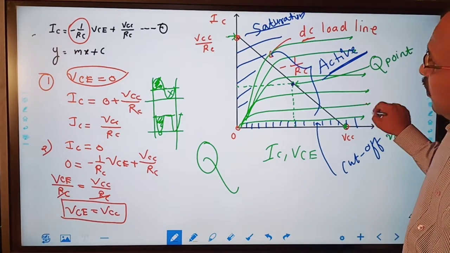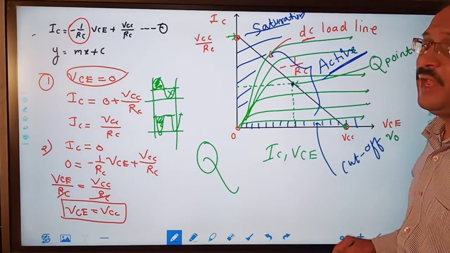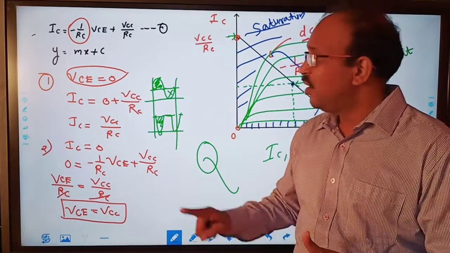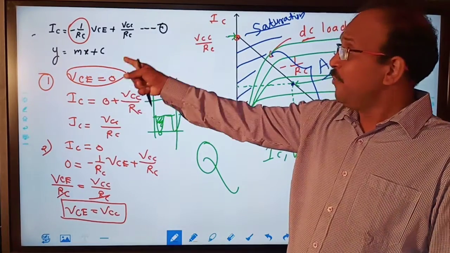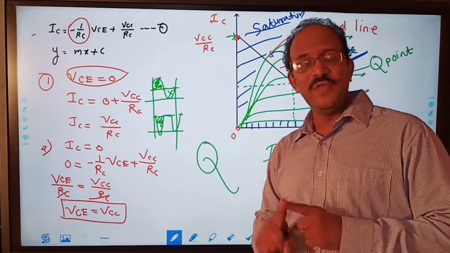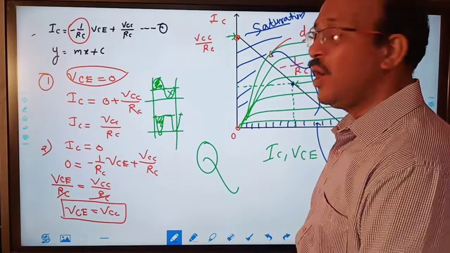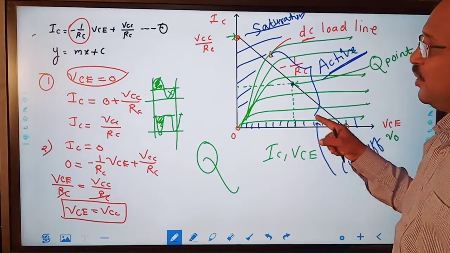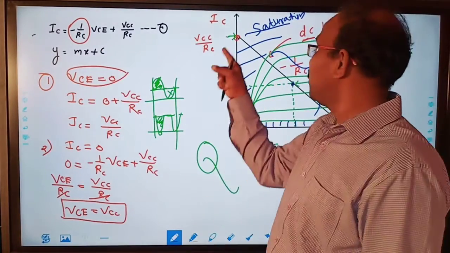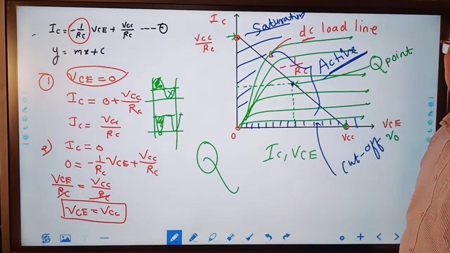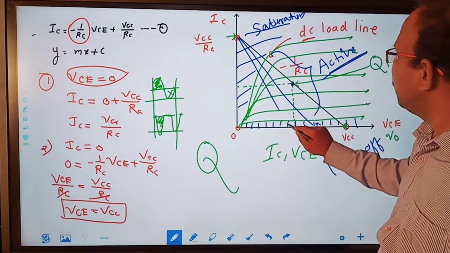So in this particular graph, I just wanted to tell you about the DC load line, how the DC load line is drawn. The DC load line is drawn by the output equation of the transistor. Okay. So there are two variables, IC and VC. The variation of IC and VC is the DC load line. Why is the DC load line's slope negative? Because in the equation also we get -1/RC. Why is it called the DC load line? Because the slope of the line is decided by RC. The variation of IC will be like this. It will give this type of thing. It may be like this.